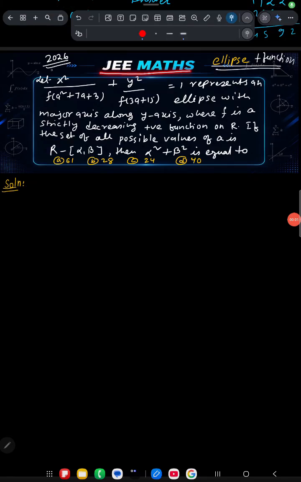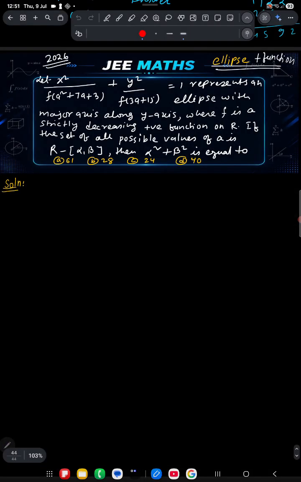A question from JEE Maths 2026. It includes the concept of ellipse and function. Question is, let x square upon f of a square plus 7a plus 3 plus y square upon f of